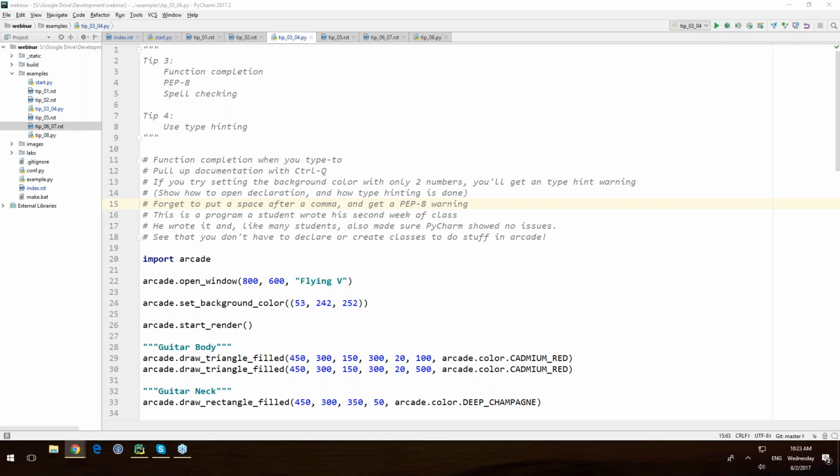The real kicker for me, quite frankly, was the whole PEP 8 style checking and type hinting. I didn't think students would pay attention to it as much as they do, but the quality of code that I've gotten this year compared to prior years was just really surprising to me.